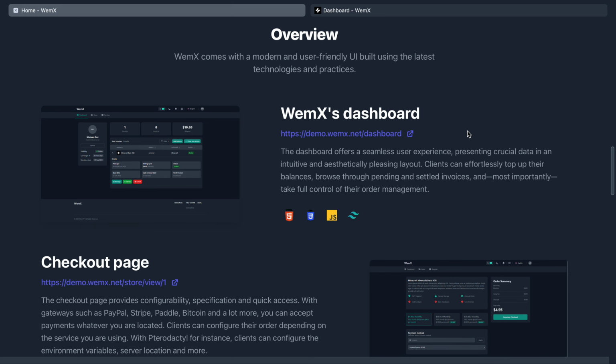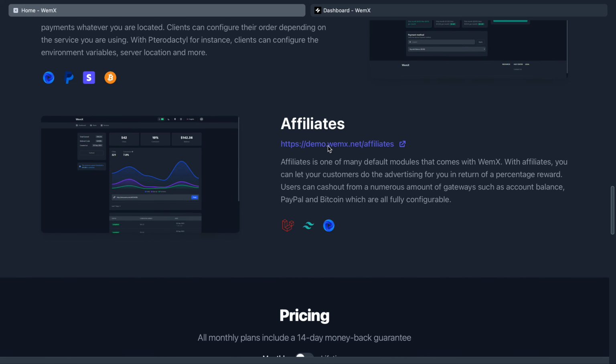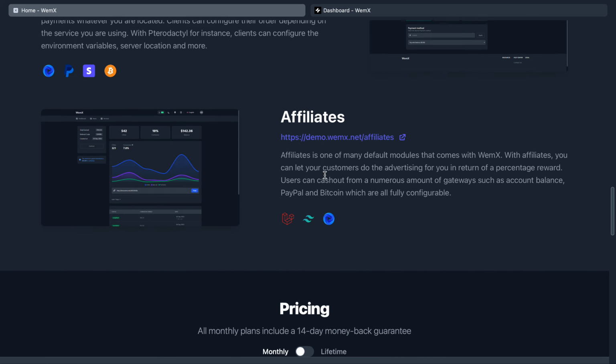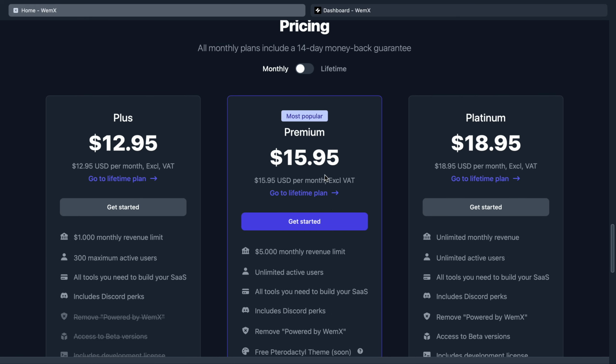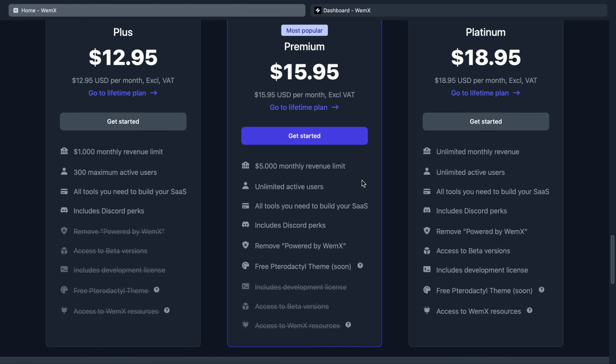Down here we have the demos, so you can look at the live demo pages over here. If you want to see the WemX software in action, you can open the various pages. WemX also has affiliates. So as we come down here, we can see the various pricing options. WemX has 3 pricing categories, Platinum being the best,